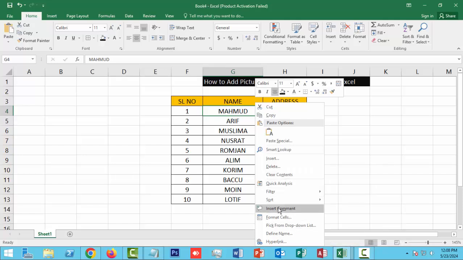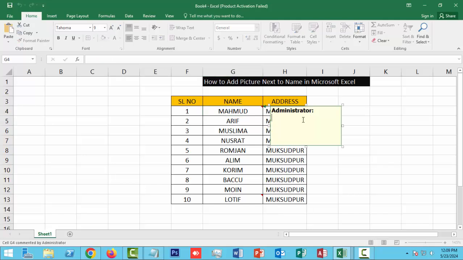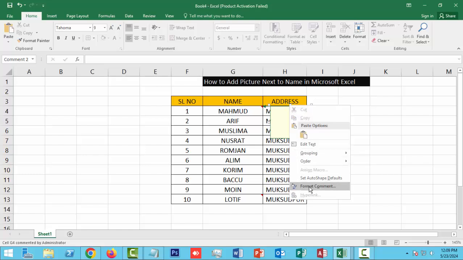click the insert comment option. Then you will see the status bar with text, and this text is removed. Now, after removing it, click the mouse right button, then click the format comment option,